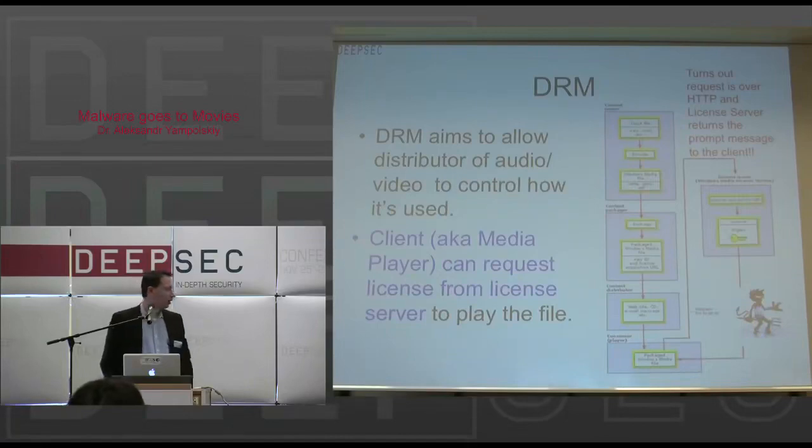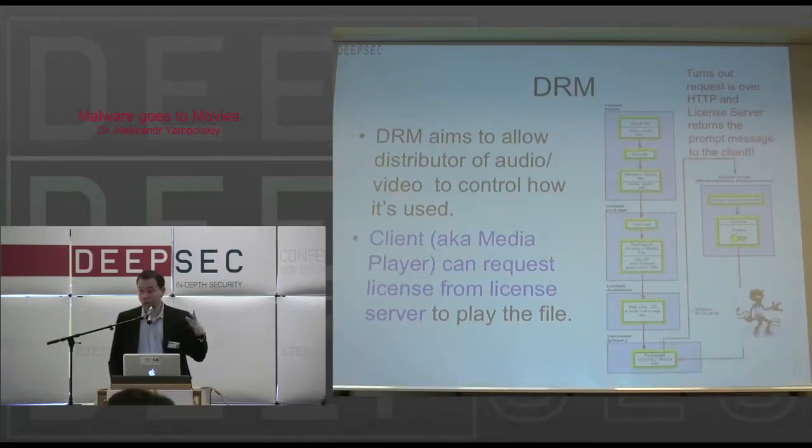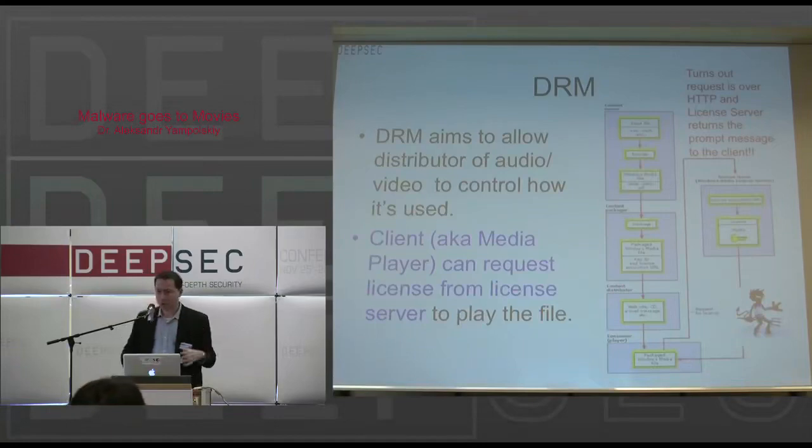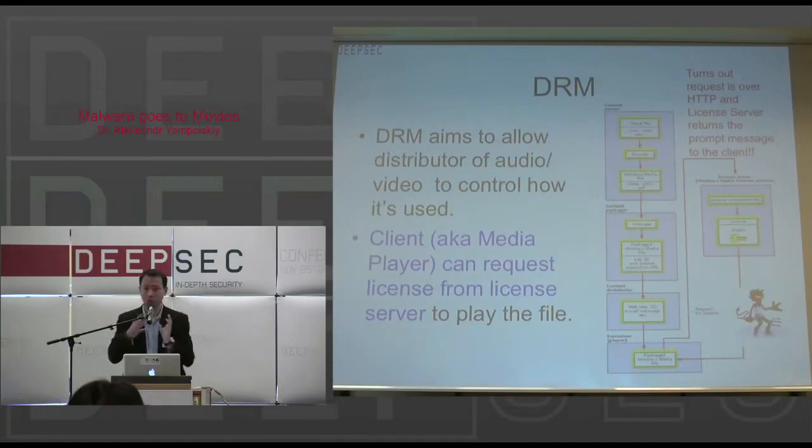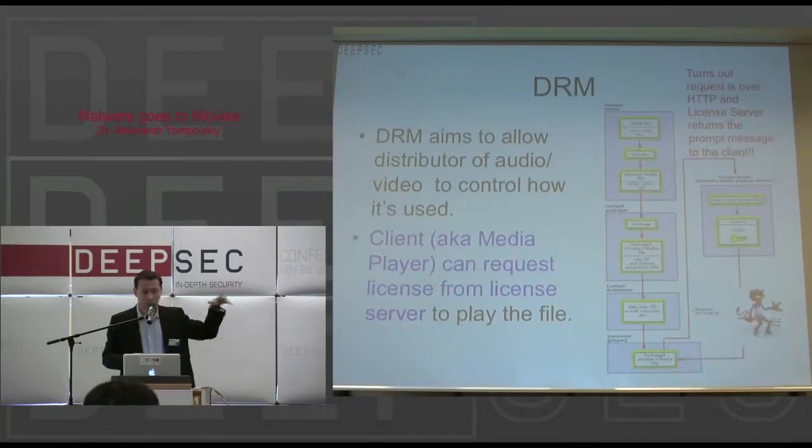So there are a couple of really interesting things about the DRM protocol here. Number one, a lot of communication is actually happening over HTTP. It's not encrypted. Point number two, the licensing server can actually send an HTML message back to the media player, which is going to be displayed to the end user. And the reasoning behind it is you click on a protected video and you need a license to play the video. You want to display a message which looks nice to the user, for example, put an avatar logo in the pop-up box which you're presenting. So the licensing server is actually going to send you that HTML message, and the media player is going to blindly display it on the user's computer.